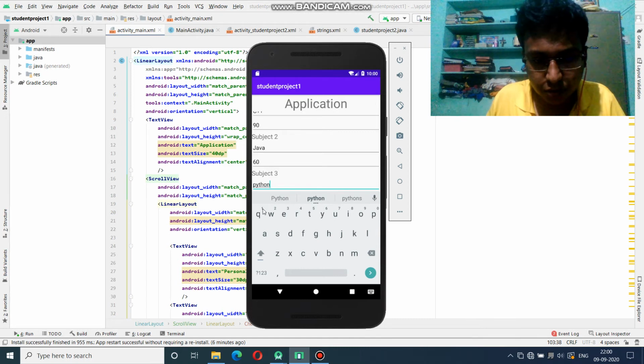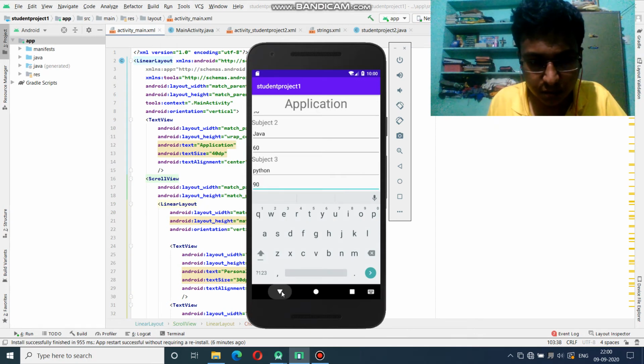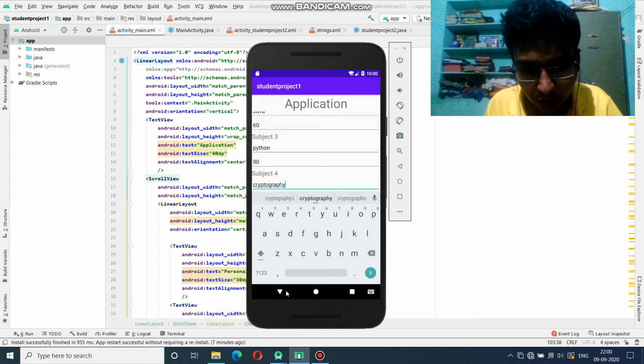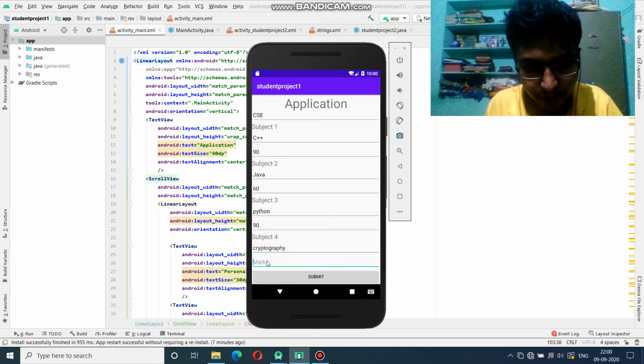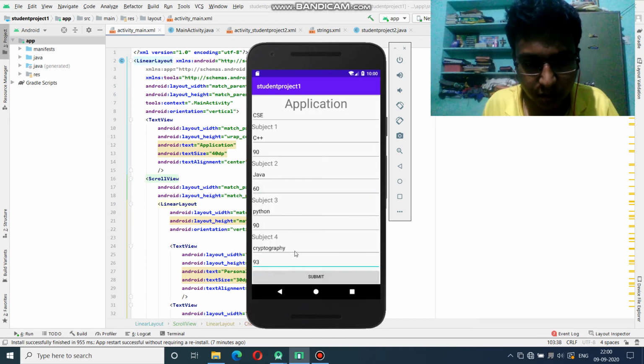Likewise, we are going to store each and every subject's values, and by that we are going to calculate the total CGPA which she has got in each and every subject. So I am going to give the values here. So these are the values.